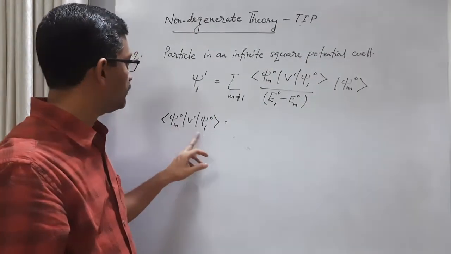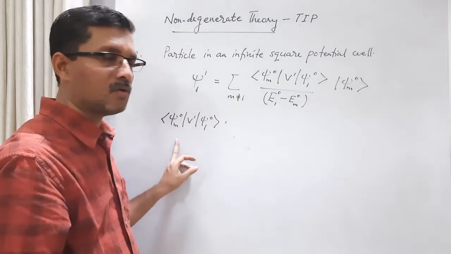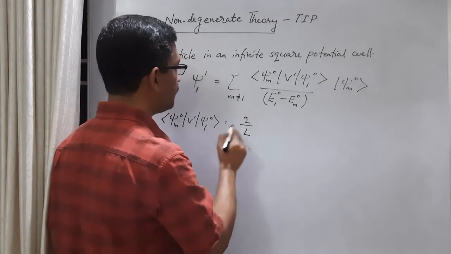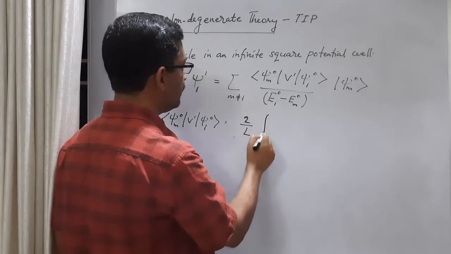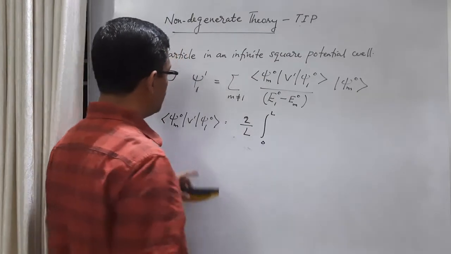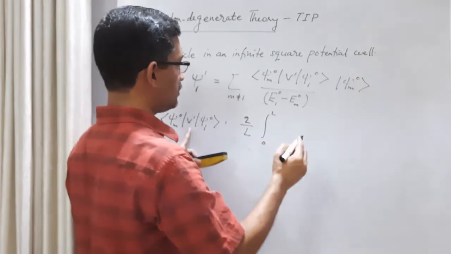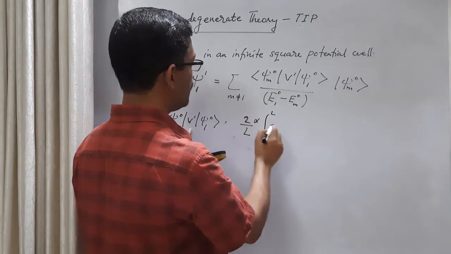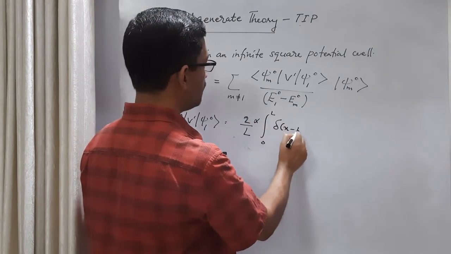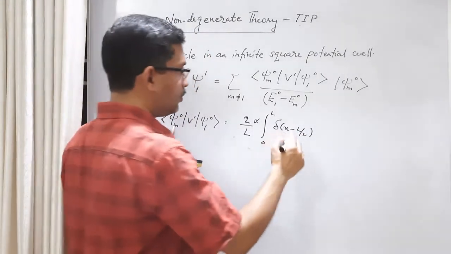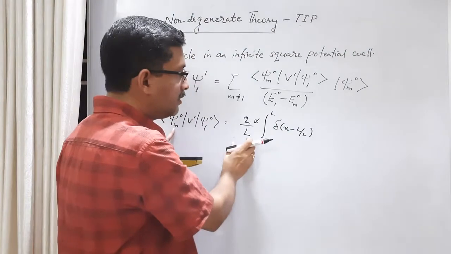Both have the normalization constant root 2 by L, so I will put 2 by L here. Integral 0 to L, and v prime is the delta function, alpha into delta x minus L by 2. Alpha we can take outside, delta x minus L by 2, and psi m0, root 2 by L, has come here, sine,